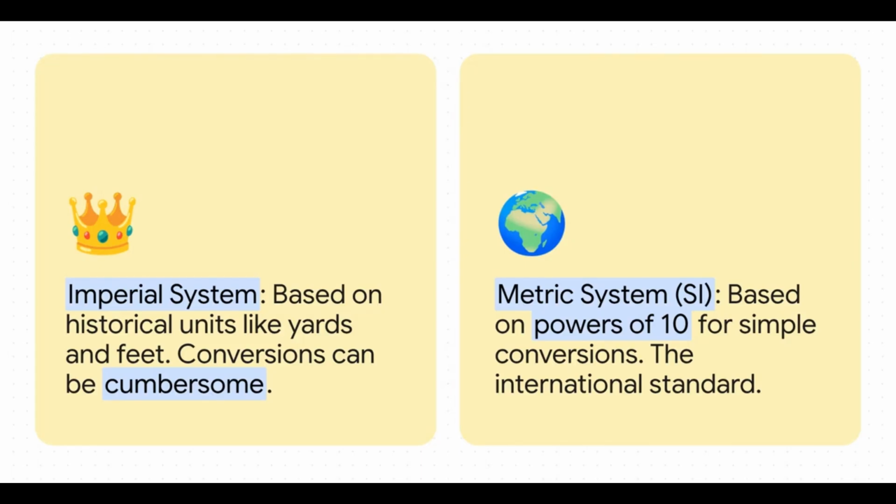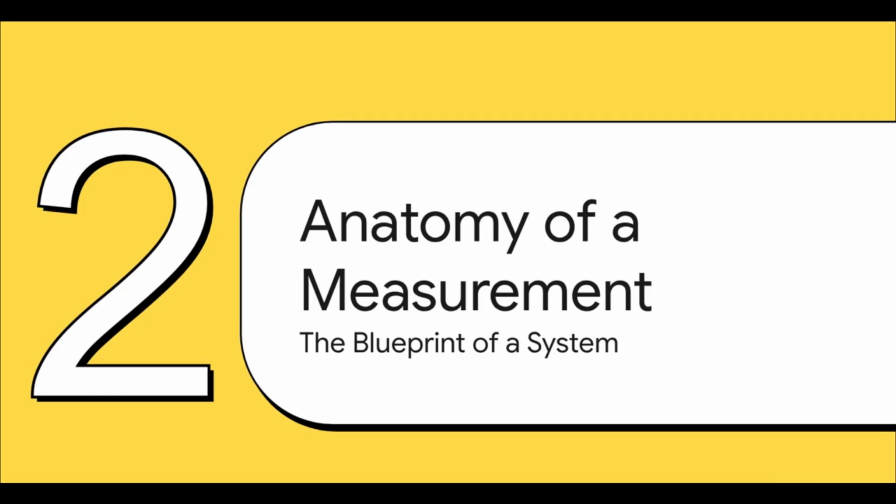So this whole quest for standards leaves us with two main systems today. You've got the imperial system, your yards, feet, and inches. It's got a lot of history, but the math is, well, it's a bit of a headache. There are 5,280 feet in a mile. Why? Who knows? And then you have the metric system, the SI. It's built on this brilliantly simple idea: everything is based on powers of 10. A kilometer is just 1,000 meters. A centimeter is 100th of a meter. It just makes sense, which is why it's the standard for pretty much all of science and most of the world.